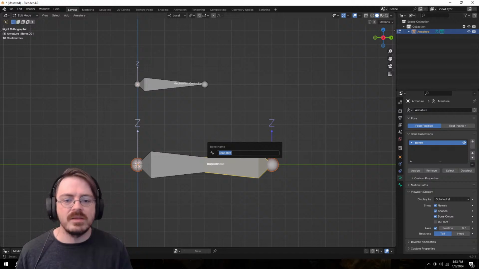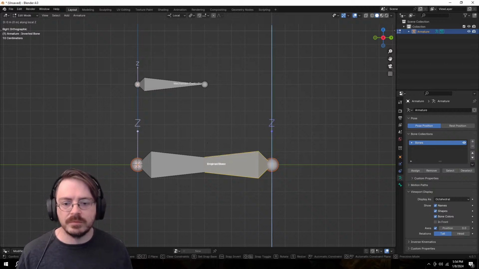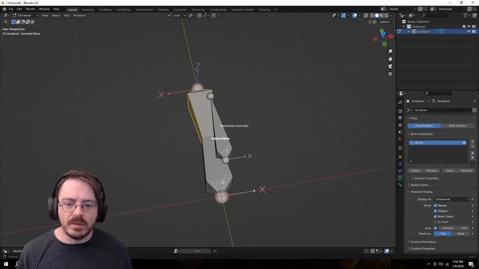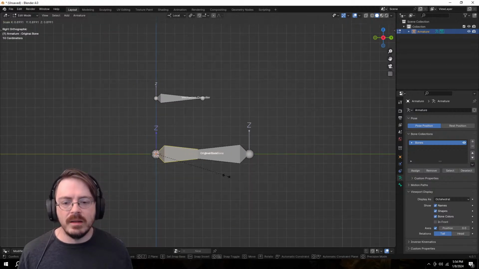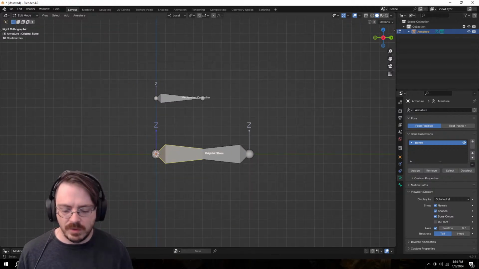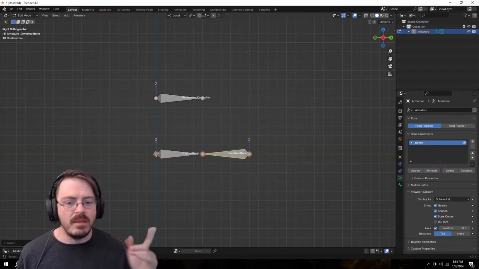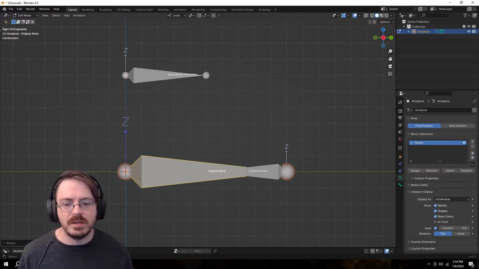And then this will be called probably inverted bone. And I'm debating if there is a way. In theory, the length of these shouldn't matter. So if I do scale 0.5 and I take this and do scale 0.5, or you know what I could do as well, scale 2, pull that up. So this is the original bone, the inverted bone, and then the mechanism controller.